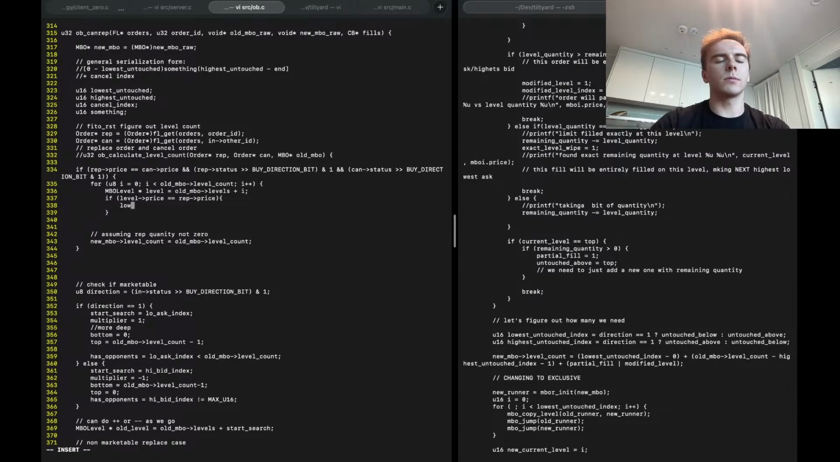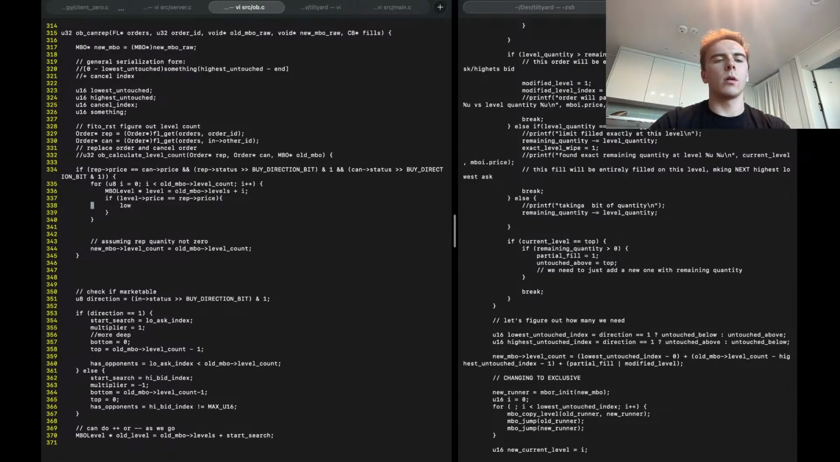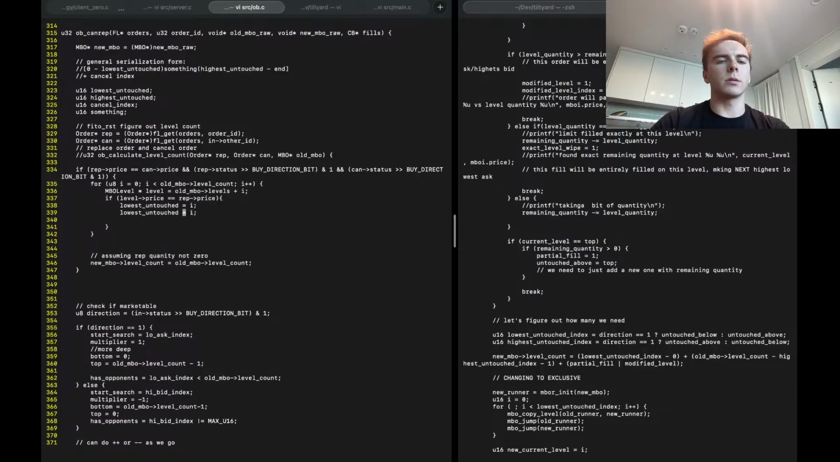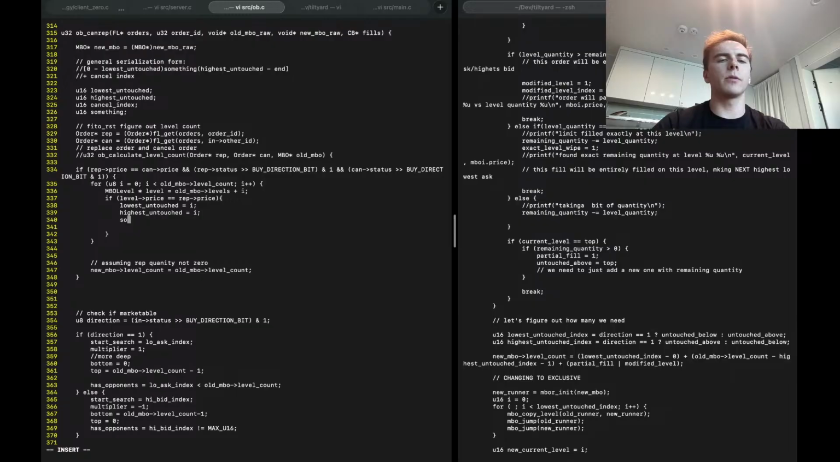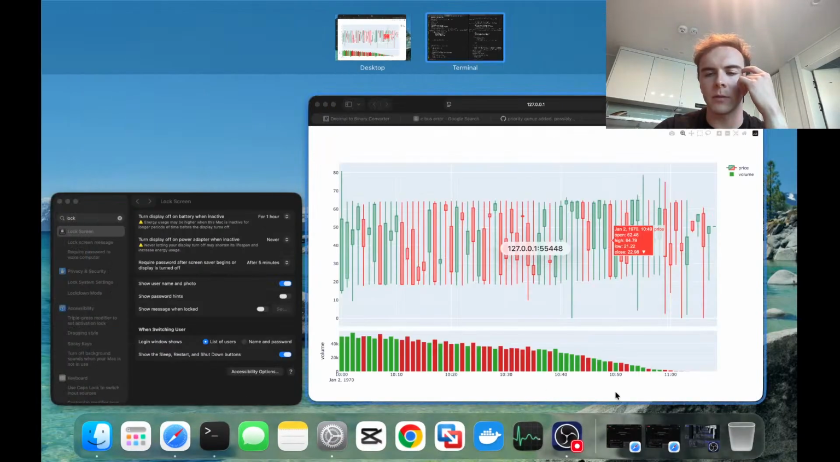We'll do lowest untouched is equal to I, and then same thing for highest untouched. And cancel index will just go into there, and then we'll say something is equal to can rep. So maybe like can rep level. So on one level we do both cancel and replace, which is